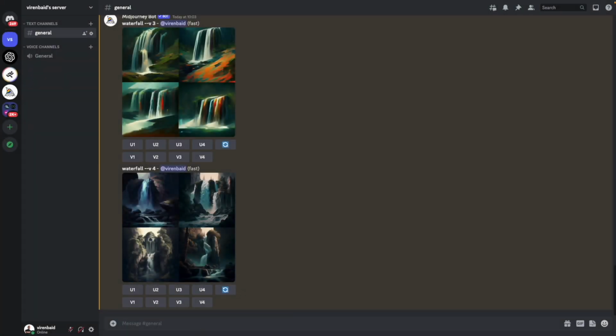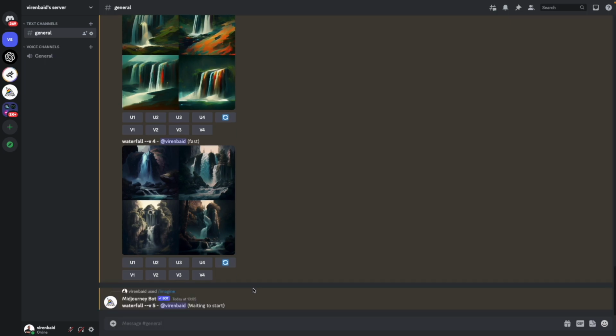So version 4 was the default model for a long time. From November last year until May this year, it was their default version. And it changed a lot. They redid the entire algorithm from what they learned, and the output was just amazing. This is where MidJourney started becoming interesting to people professionally. Let's look at